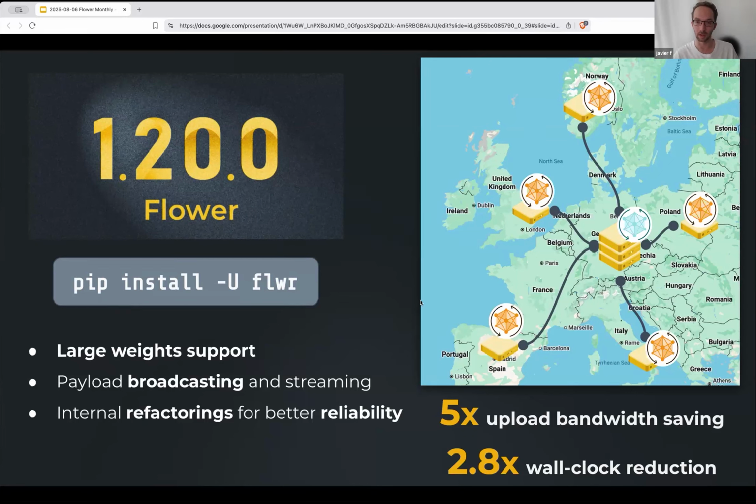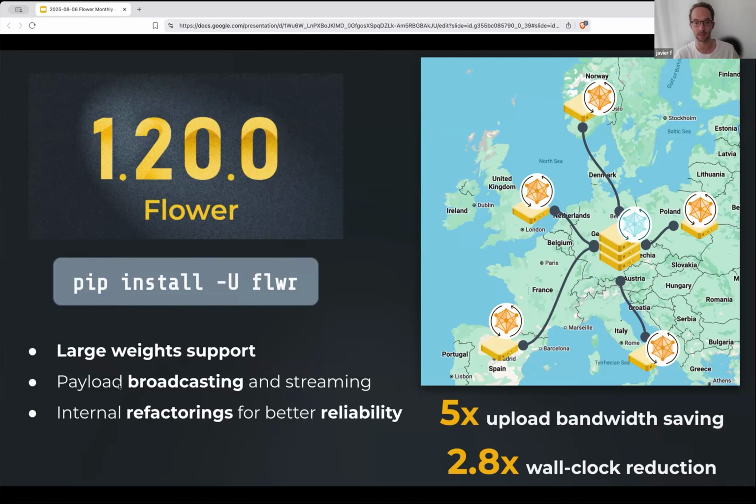And when we were stress testing the system, I set up a federation with 5 supernodes, which are the equivalent to clients in Flower, in 5 different countries in Europe. And I set up a superlink, which is like the server that does the aggregation and coordinates the federation. I set it up in Germany. And I was able to see some pretty huge speedups. I was not only able to just do the federated pre-training of an 8 billion LLM,